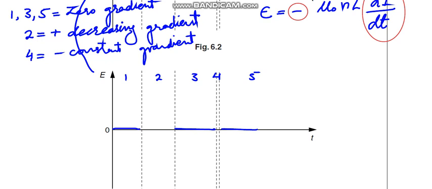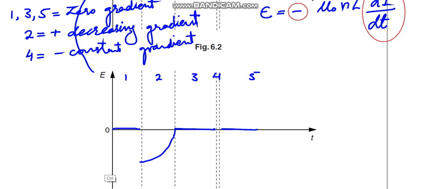In region 2 we have a decreasing gradient, so the EMF induced must also decrease, but as the gradient has a positive value, the EMF induced has a negative value, so its negative value will decrease,